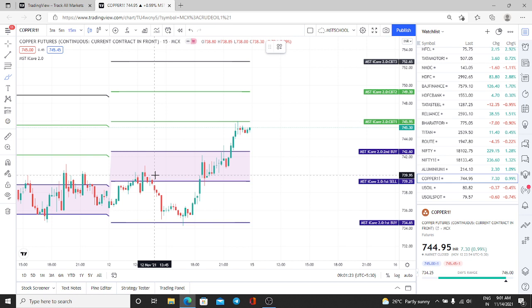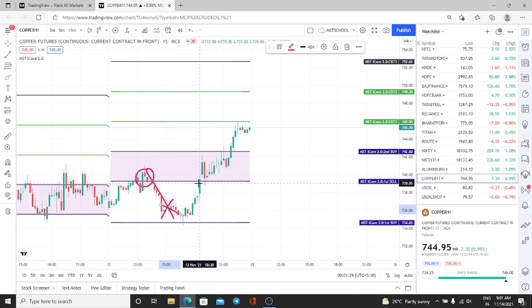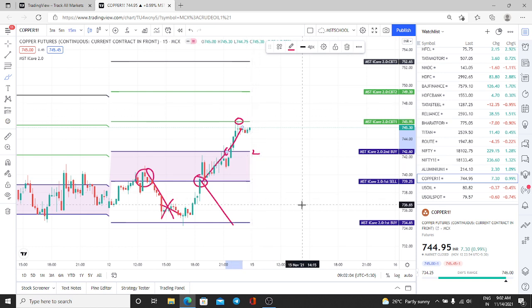I'm just giving an imagination: suppose the market has not come down and is going back like this. Suppose you have taken an entry again at this place. It is not coming down as expected. It is going back. So now our entry has been SL hit. Here we have to take double lots. If you are trading one lot, you have to take double. 2 means 4, 3 means 6. You just double the number of lots. And this will be your target. So with 2 lots, 1 lot is to recover your previous loss and 1 lot for booking the profit for the day. Exactly, accurately our target has been achieved.